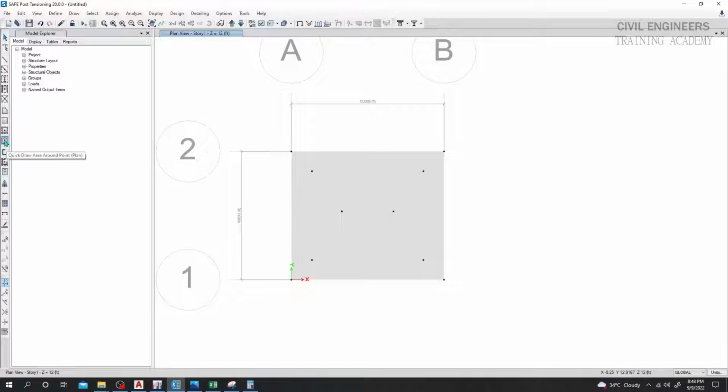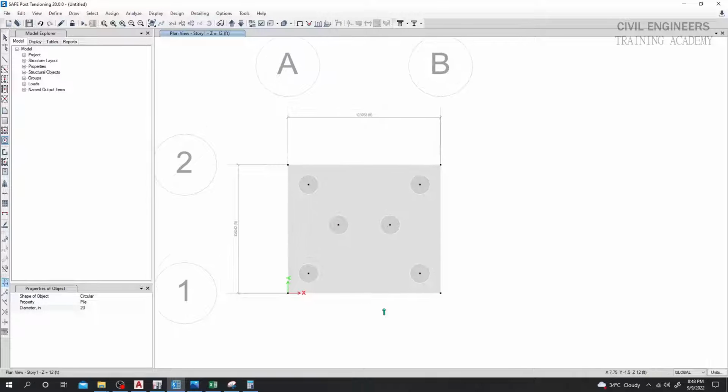So I just go here, draw quick around, then from here this is not rectangular, that will be circular, and that will be piles. So what is the diameter? It is 20 inch. So here click here, and that point and that point. Just see, we have done creating our pile cap and pile cap. Now we have to provide our